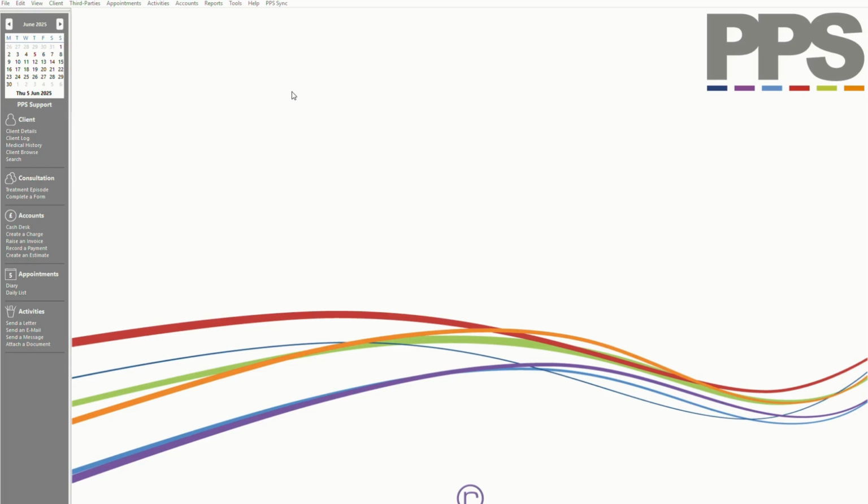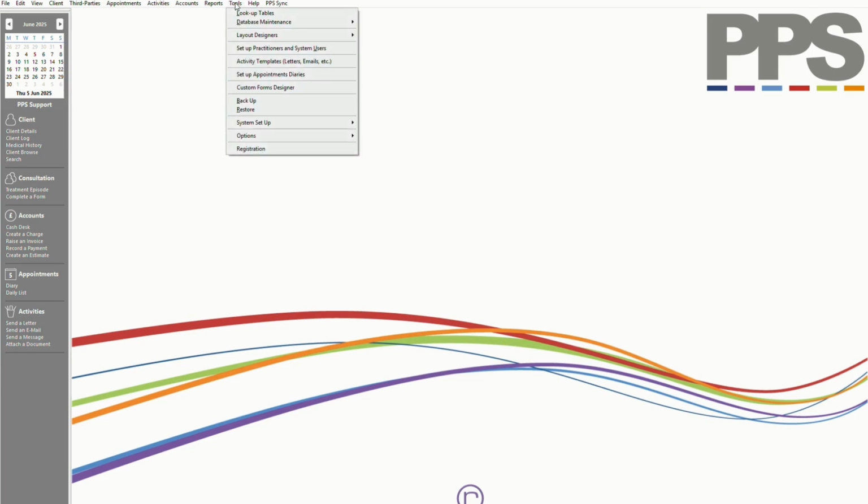Custom forms are a component of PPS Clinical Notes that allow you to design and build forms that can be filled in to collect information about your clients and their treatments. PPS comes with a range of example custom forms as standard, which you can use as is or modify to better suit your needs. To start using custom forms, log into PPS and navigate to Tools and then Custom Forms